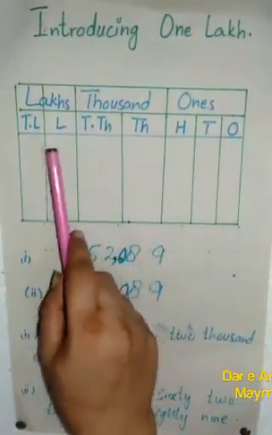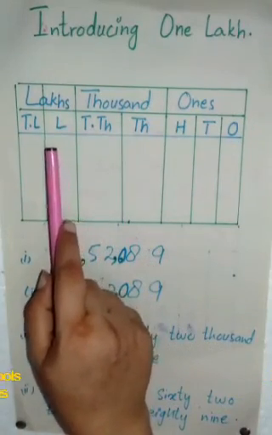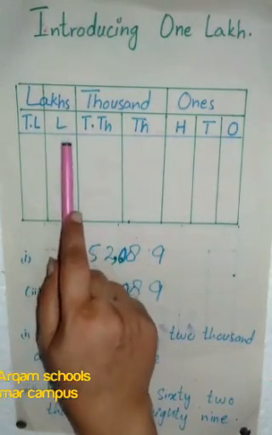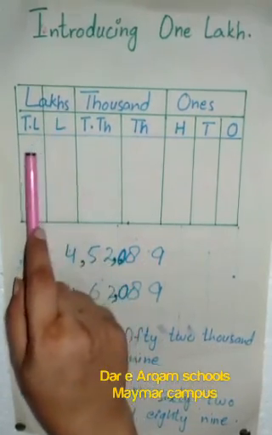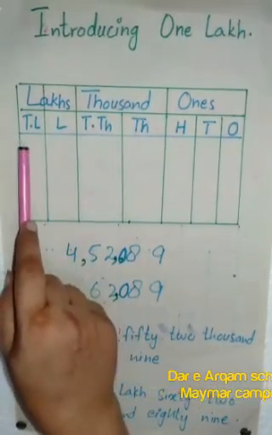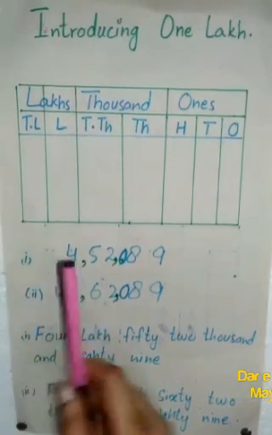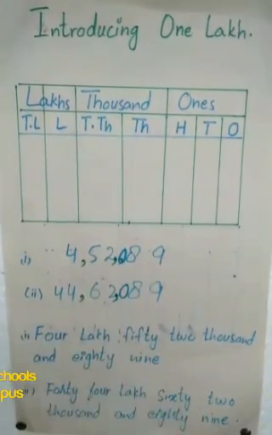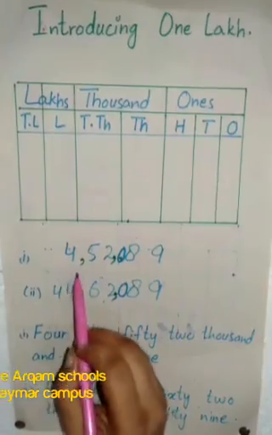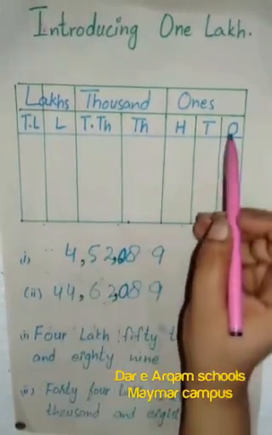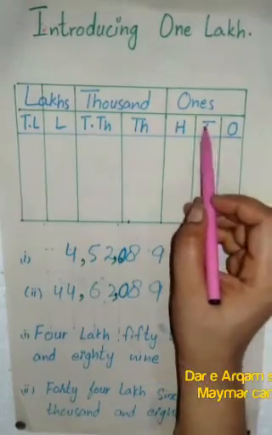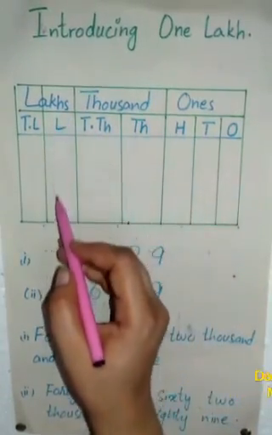Students, if we have one number in the lakh period, then it will go till the lakh place value, and if we have two numbers in the lakh period, then we will place till the 10 lakh place value. Okay, here we have some numbers. First of all, place them in their place value chart. We have here 1, 2, 3, 4, 5, 6 digit numbers. So we will put them 1, 2, 3, 4, 5, 6 till lakh.